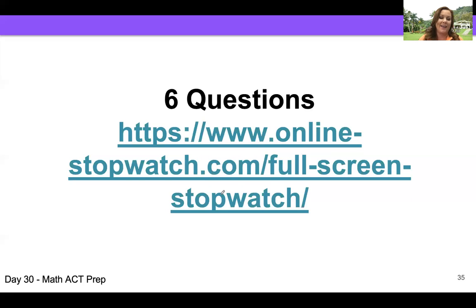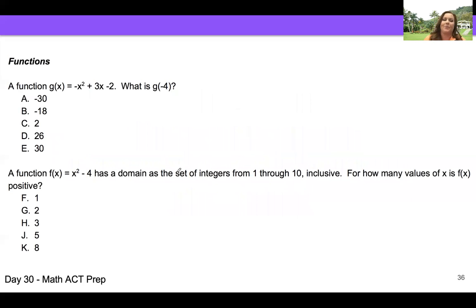Okay, welcome back. Let's look at our first one. So we have a simple function here, g of x, and then they're just saying, what is g of -4? Again, everywhere you see an x, replace it with a what? -4, that's right. So we're going to have negative, this one's a little tricky, -4 squared. We do not multiply these yet. Exponents first. Please excuse my dear Aunt Sally. Plus 3 times -4